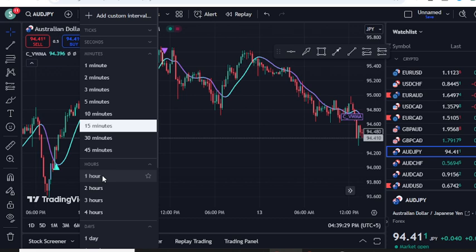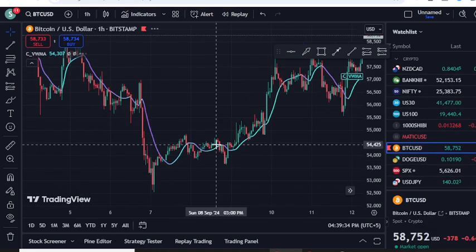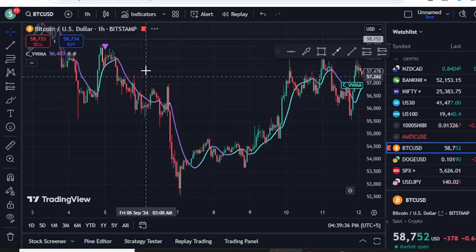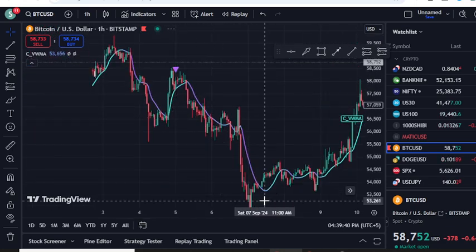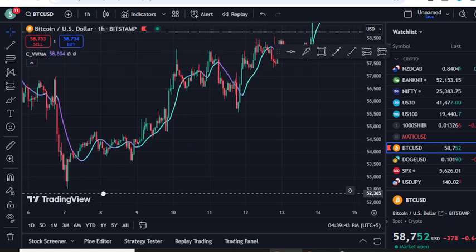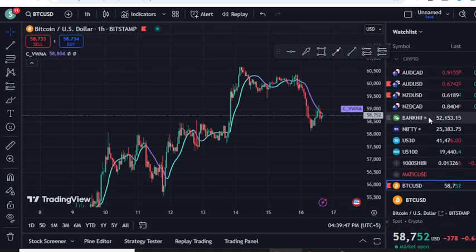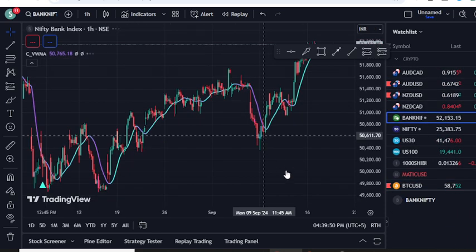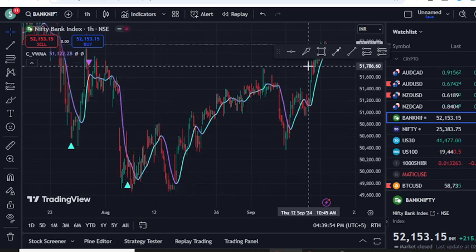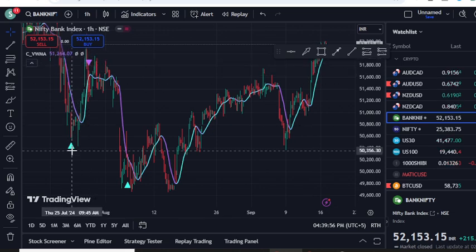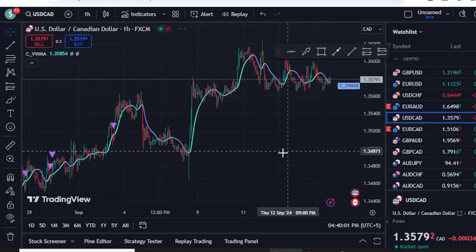Now guys, you can use it in forex, crypto, and stocks. For example, if I go to the Bitcoin chart, and right now I have switched my chart to 1 hour, you can see it has provided us a very good sell signal here, and then the price reversed so much, but we don't have a buy signal, I think. Let me see the current chart. Yes, we don't have a buy signal right now. If you are a Bank Nifty trader, let's see how it's performing. You can see it has provided us a buy signal on Bank Nifty. The price moved up, sell signal and buy signal, so both are good. So you can use it on anything like forex, stocks, commodities.